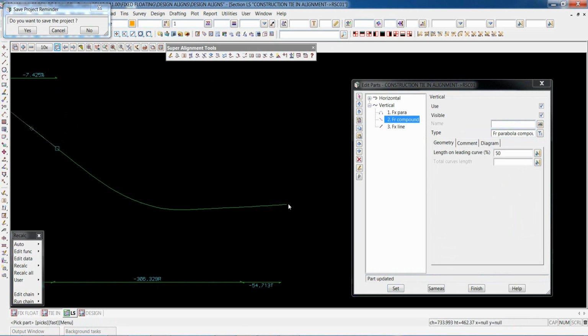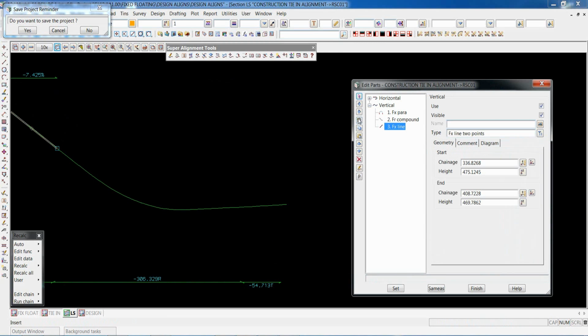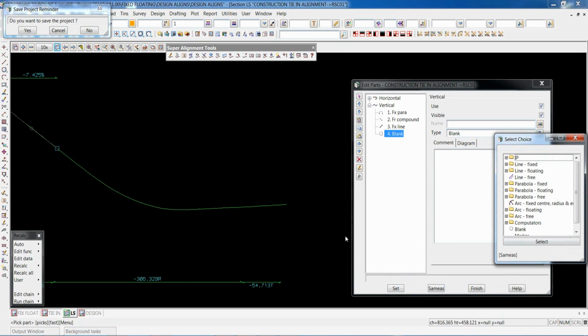So in the area where I want to finish off, I've been using fixed in this part here. I snapped onto the tin surface for 2 points. But there also is a computator. This is the first one we're going to look at, but as I use computators throughout this session, all they are is basically a little bit more advanced parts, but they still have the same solution method of fixed and floating, but they're referenced to something.